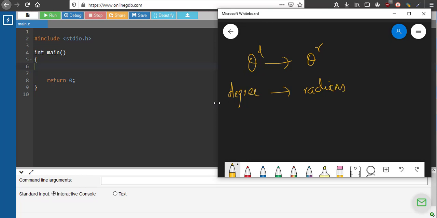Again, from your math basics, 180 degrees is nothing but pi radians, right? So let's say the user gives you another angle, theta degrees. What will that be? Pi by 180 into theta. So the factor with which we have to multiply is nothing but pi by 180. So this is a very simple function.